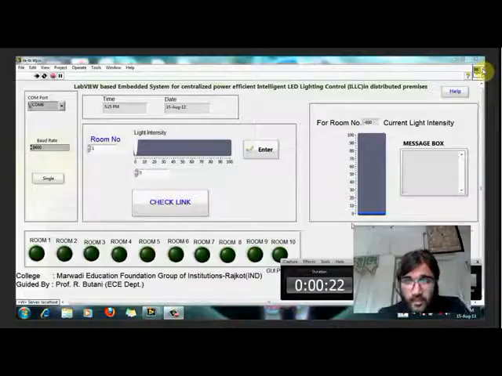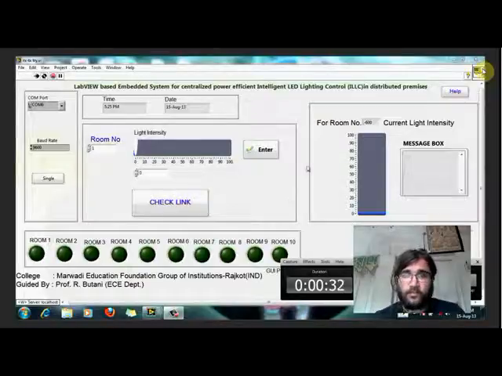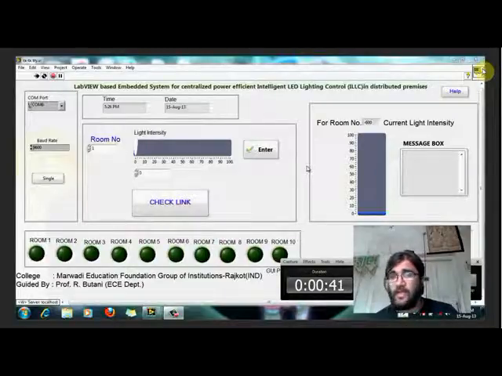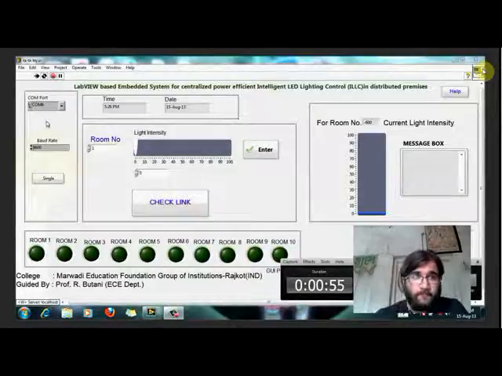Now the purpose of our project is, as I said in the definition, to control the light of various rooms automatically through a central control system. For that we have to change the light intensity of various rooms according to the present light intensity of that room. For example, if we have calibrated the average value of a room as 50 lux, and the light in the room is 45, we will provide them an extra 5 lux via this control system. So now I will explain the GUI.